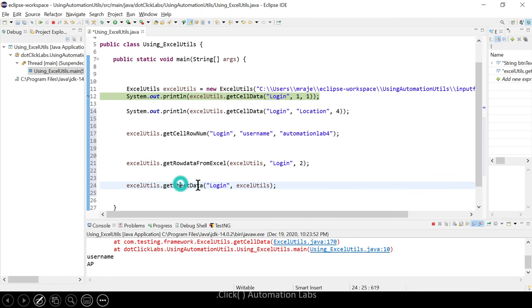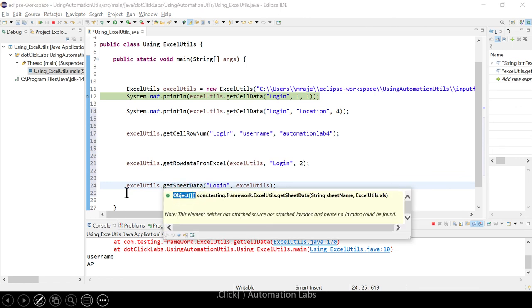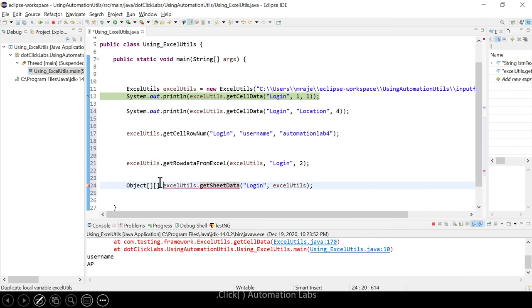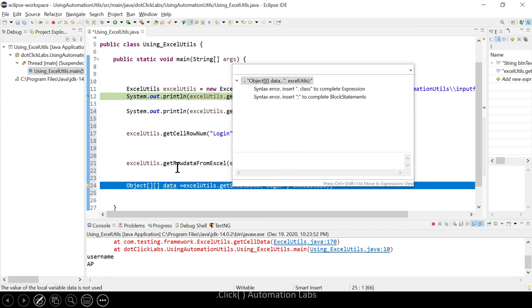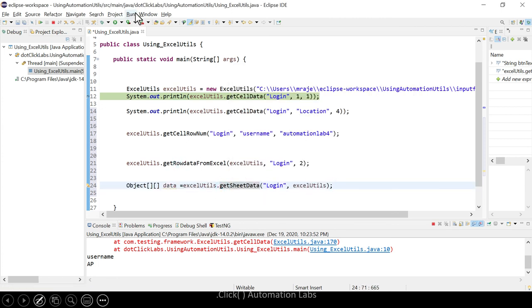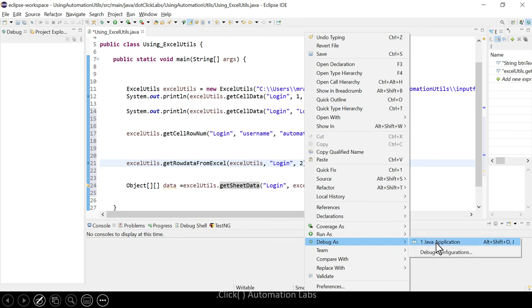So if you want, you can store this in an array like this, so that you can use it however you want to use it. Okay, so if you say inspect, maybe I need to do it again. Debug as Java application.